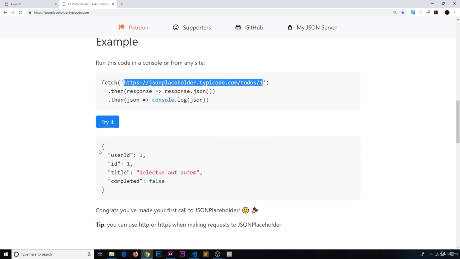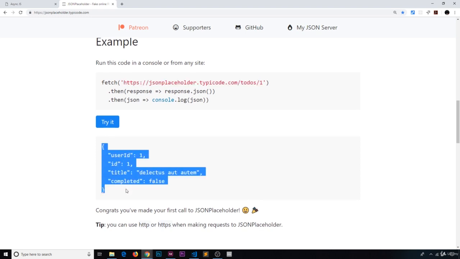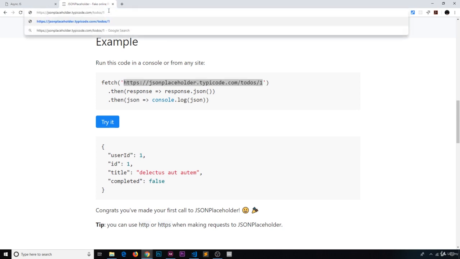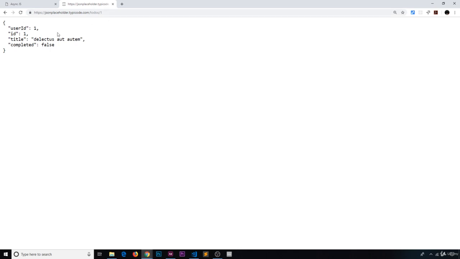So I'll click that and we can see this data right here. So this looks very much like JSON data. This is the kind of data we would get back from a server. Now likewise, I could take this endpoint and I could just place it up here and paste it and press enter, and that is going to get me the same thing. We're still making a request, it's just that this time we're directly making the request inside the browser